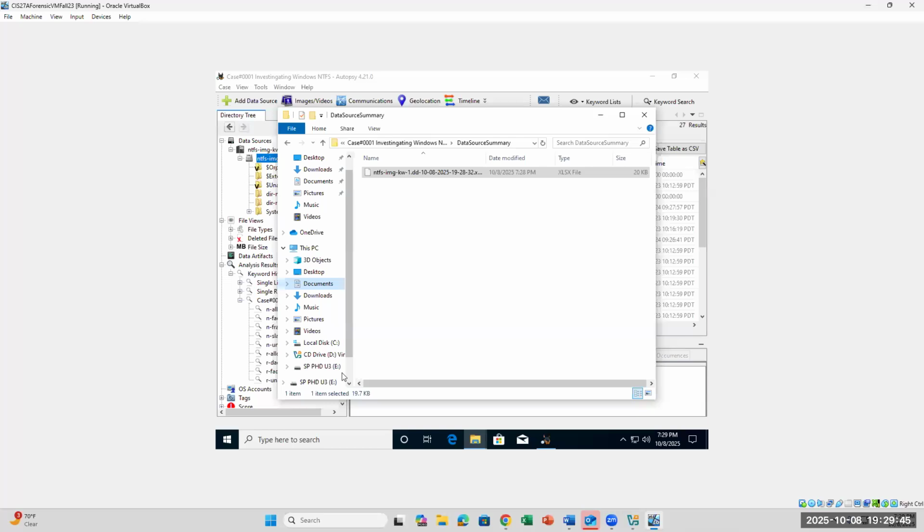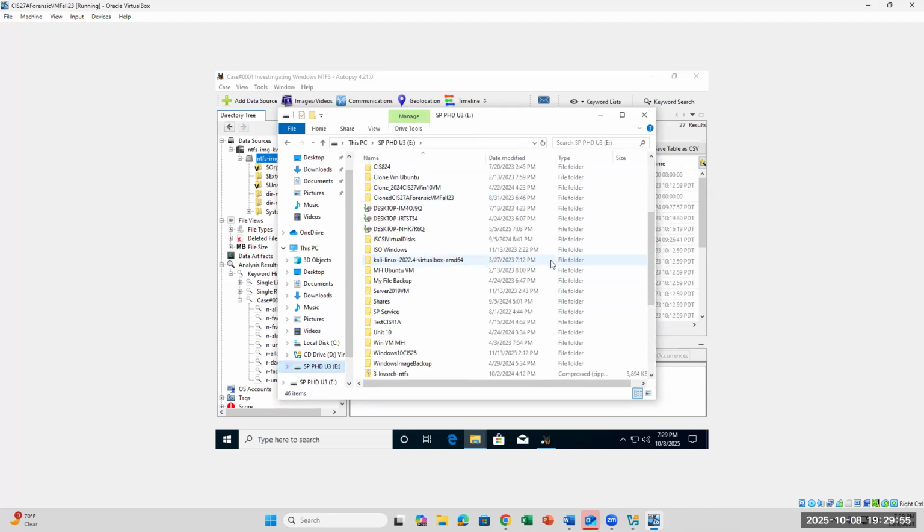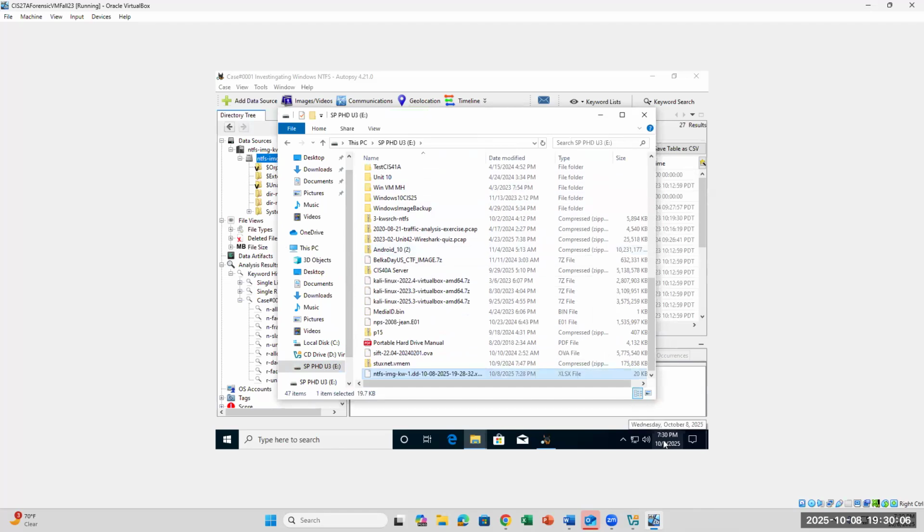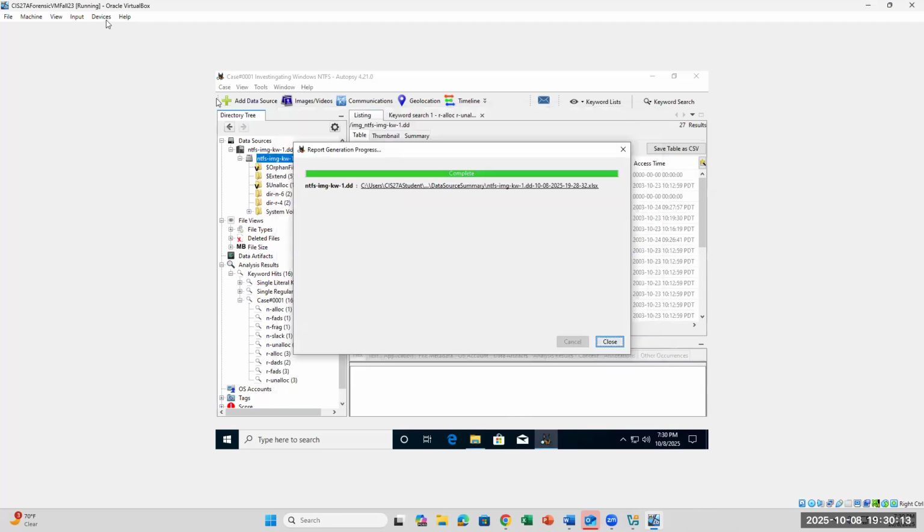So mount your USB on the inside. You did that to be able to move your image into the VM. So now I'm going to copy this file and put it onto the USB. And once I have that, I'm going to close the USB or File Explorer, go to Device, click USB, and